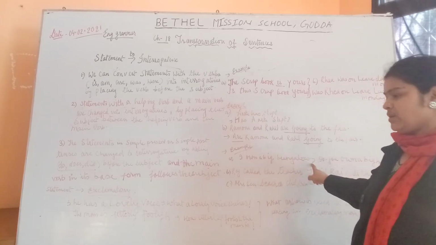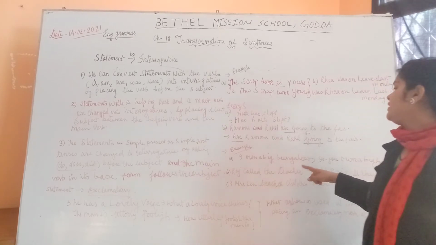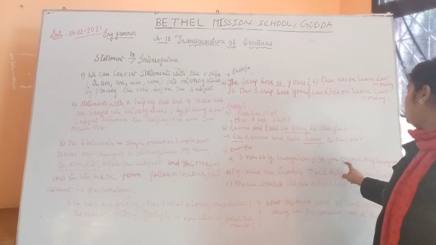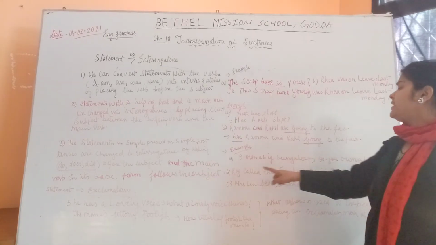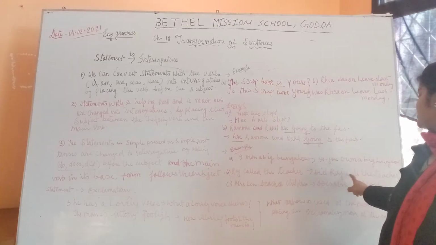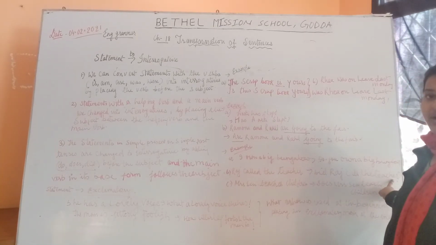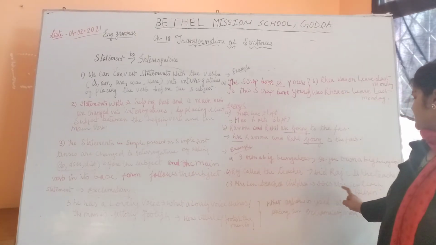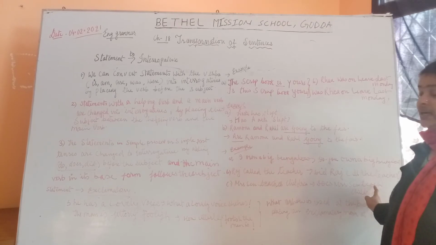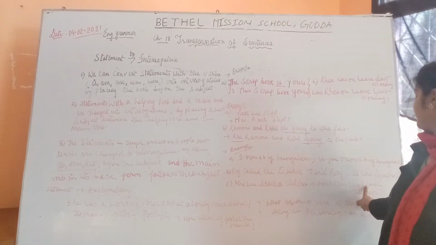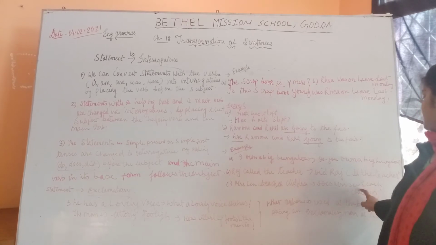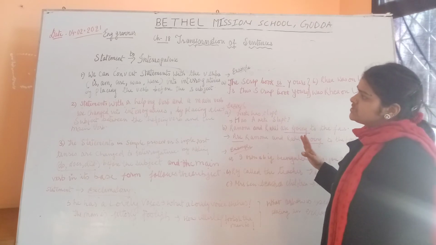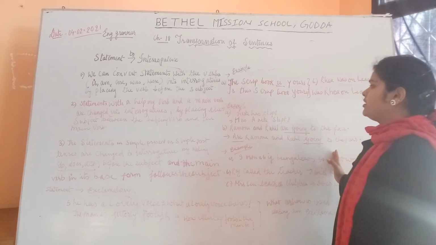Let's see some examples of how we use do, did and does. I own a big bungalow. It is a positive sentence. We convert it into interrogative by using do: do you own a big bungalow? Raj called the teacher. Did Raj call the teacher? Again, we place a question mark here. Mrs. Sen teaches school children. Does Mrs. Sen teach children? Here teaches will not be repeated; teach is written. So these are three rules in which the positive statement is converted into interrogative.